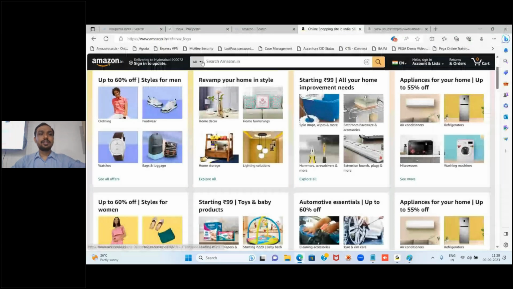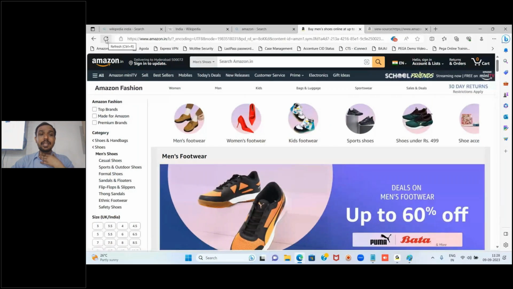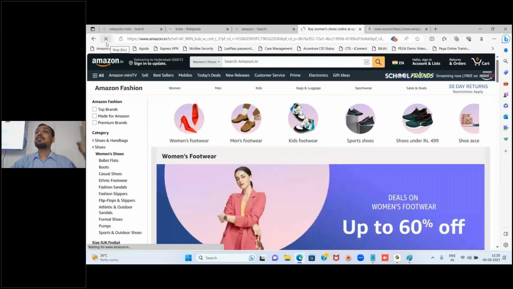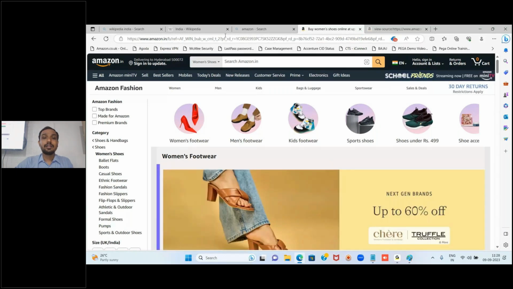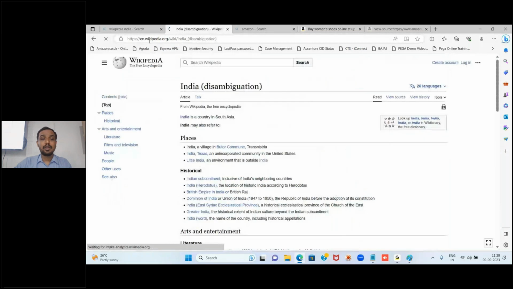You are able to see that this symbol is the reloading symbol here. This symbol is called what? Reloading symbol. The moment I click anything, that is getting reloaded. Able to see, all of you? That is getting refreshed. Not only that, see, this is one site now. Here I am clicking India. What is happening here? It is getting reloaded.